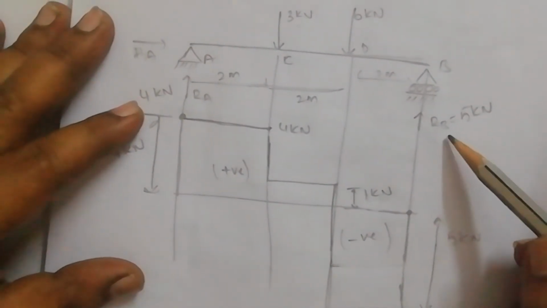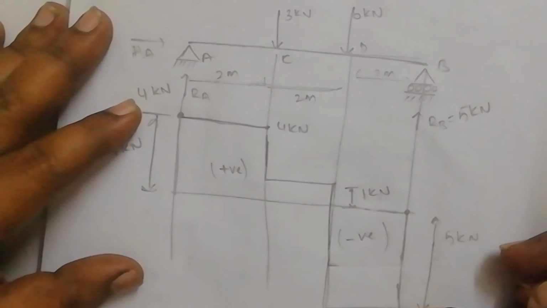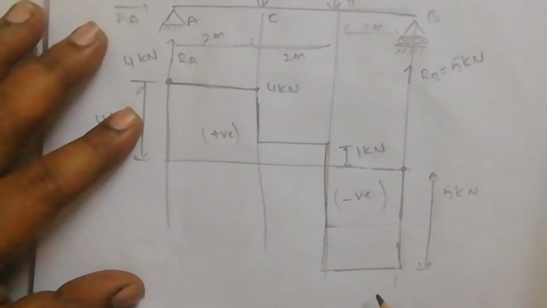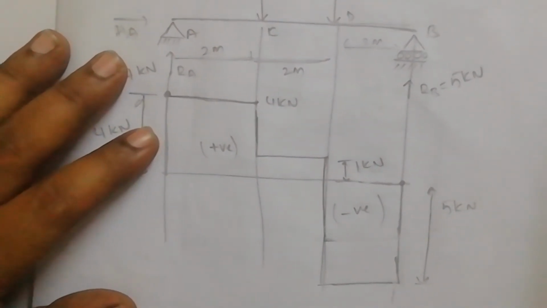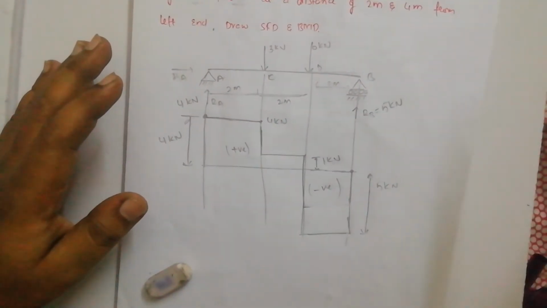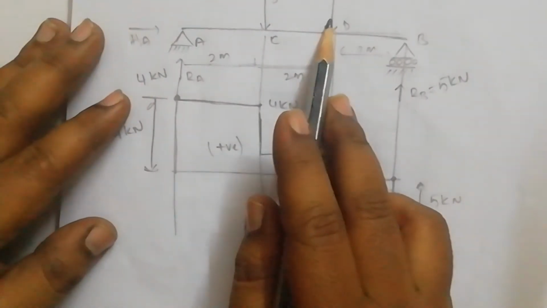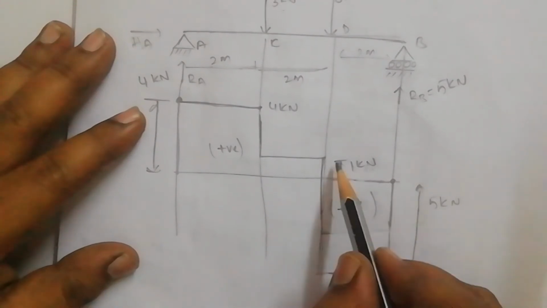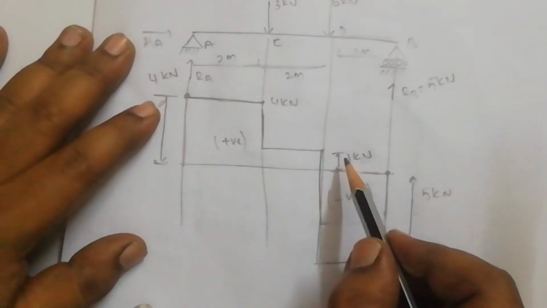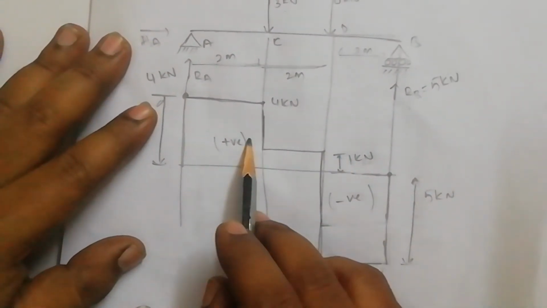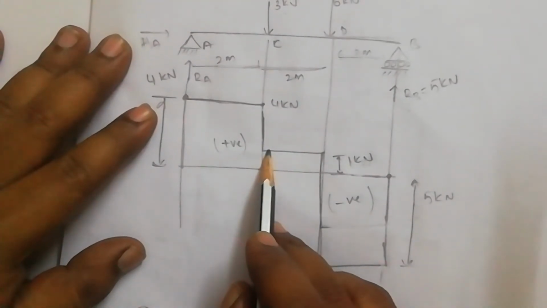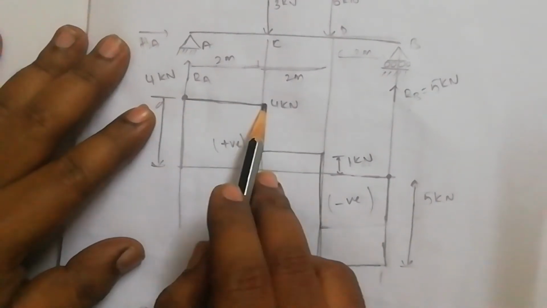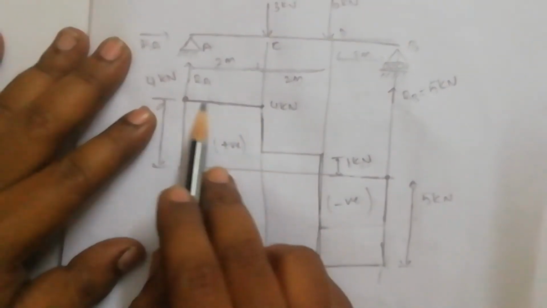You can check it again. 5 kilonewton negative. Next, between these two points there is no load, so I am coming straight. Once I come to point B, here it is having 6 kilonewton. Because minus 5 is already completed, I will travel plus 1 kilonewton. From 1 kilonewton to this point there is no load again, so I keep it straight. From here we again get 3 kilonewton, so I have drawn 3 kilonewton. Again between these two nodes there is no load, I am traveling straight.